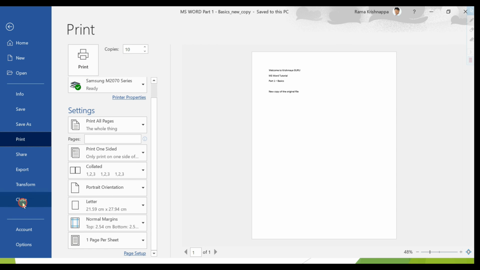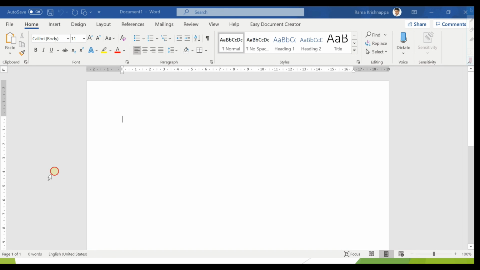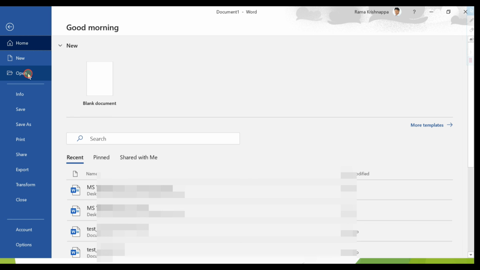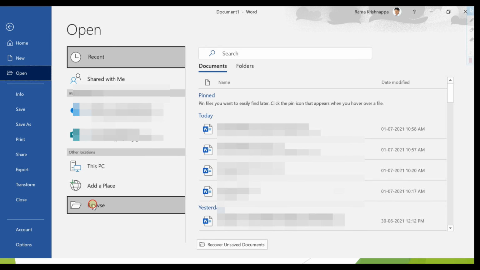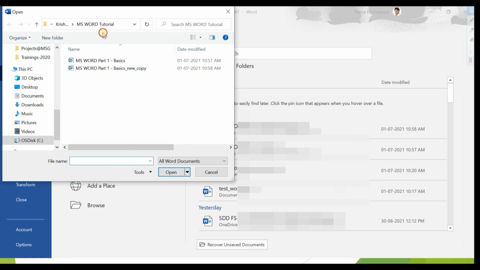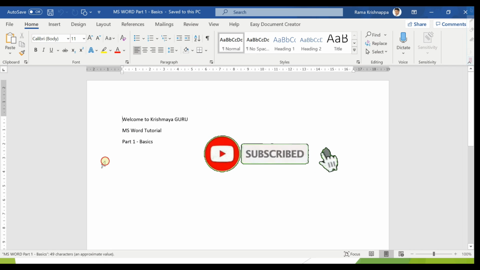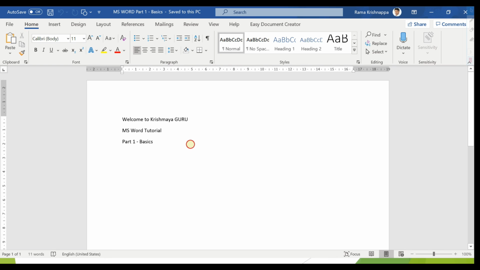Now close. So we have opened the document. Now we can click on that. So the document we opened was closed. Now see, this is the first document we opened. Now we can open the file which we saved. So go to browse and choose the path of the folder and the file, and click on open here. You can see the document we just opened now. Making some changes now. We can save.